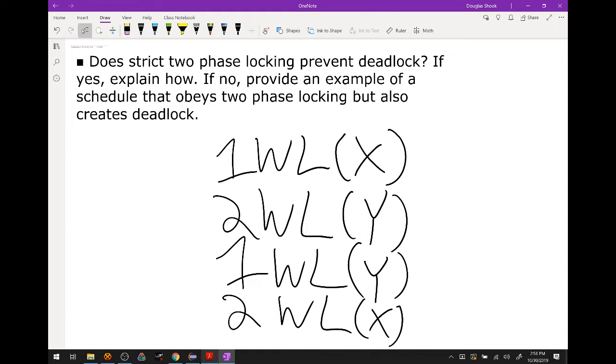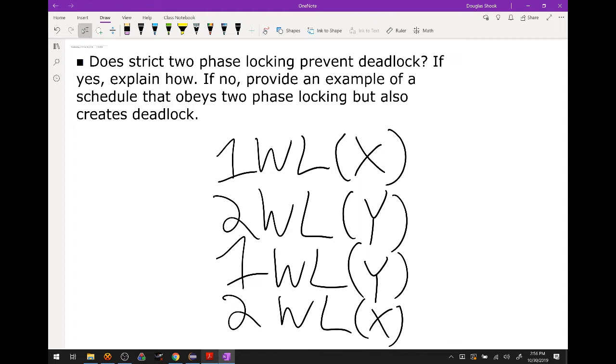It's still entirely possible that I need to acquire a set of locks for two different transactions that are conflicting with each other, even if those lock acquisitions are happening outside of the transactions themselves. That's still possible. But I think what you're more likely to see with conservative two-phase locking is that if I go to acquire that lock and it's not available, I'm not going to wait. I'm just going to give up and try again later. So in that sense, it does do a very good job of avoiding deadlock